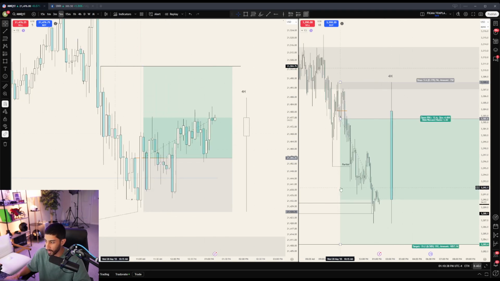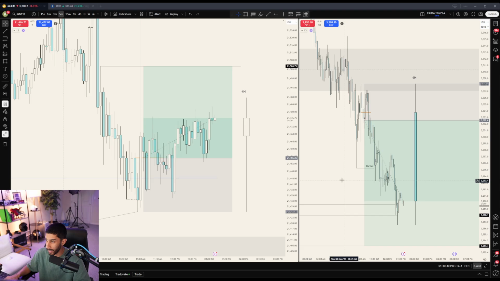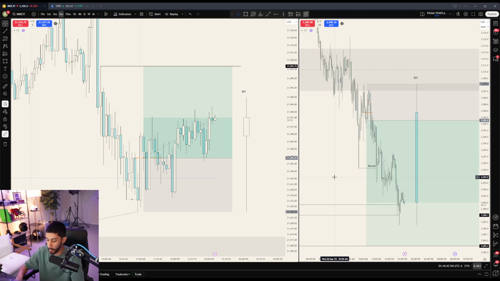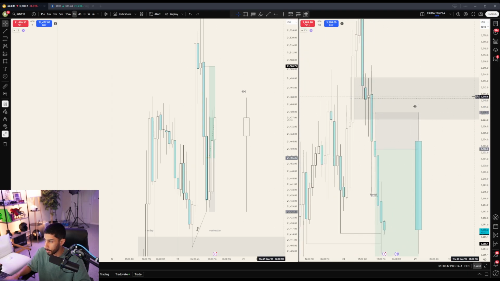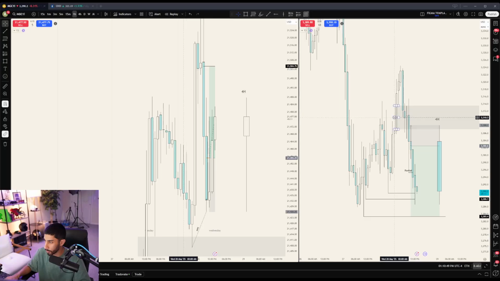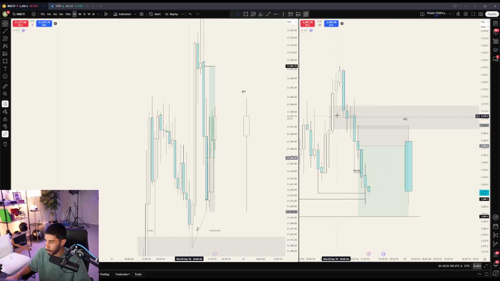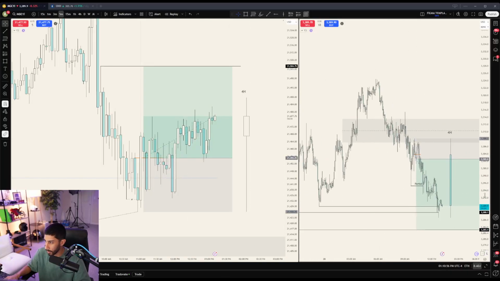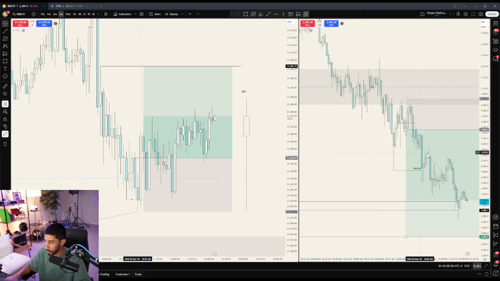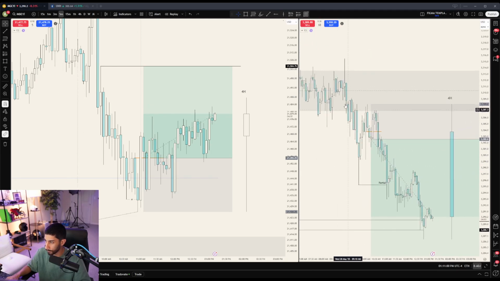So we have that. On the right-hand side, the gold trade that I actually took, I'll explain this to you guys now. Similar setup, right? We had an hourly IFVG, okay? Hourly inversion right here, okay? And so we want to trade the 5-minute. On the 5-minute time frame, we have the exact model once again. We have a liquidity sweep of these highs right here. We did have SMT with silver, and then there's our change in state of delivery taking place right here